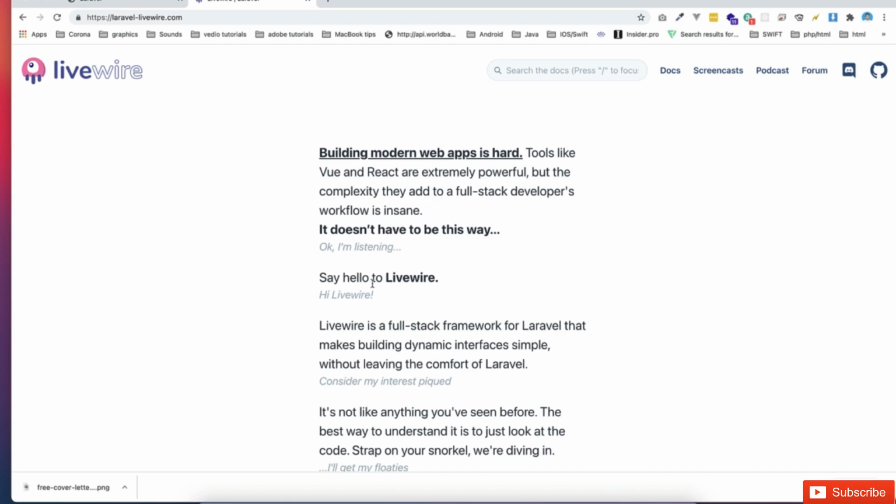Livewire is something you can use instead of vanilla JavaScript, Vue, React, or jQuery in your project. It looks like server side, but it will do the back end for you. It will send the Ajax request to the back end. It's very simple when you start using it. You can go to the documentation, of course, but in our case, we'll go to the docs,